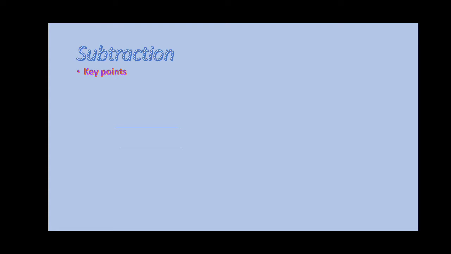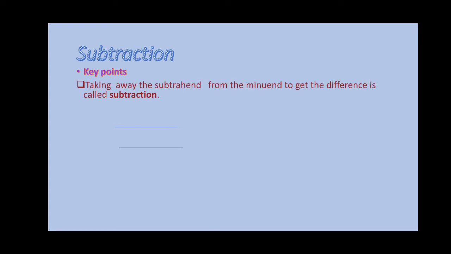But this is very familiar to you. Already you started subtraction in class 1, but now you are doing it with more digits. You know the concept of subtraction. The only difference is that in class 1 you learned with single digits, and as the class increases, the number of digits also increases. That is only the difference, but the concept is the same. So let us see the key points in subtraction.